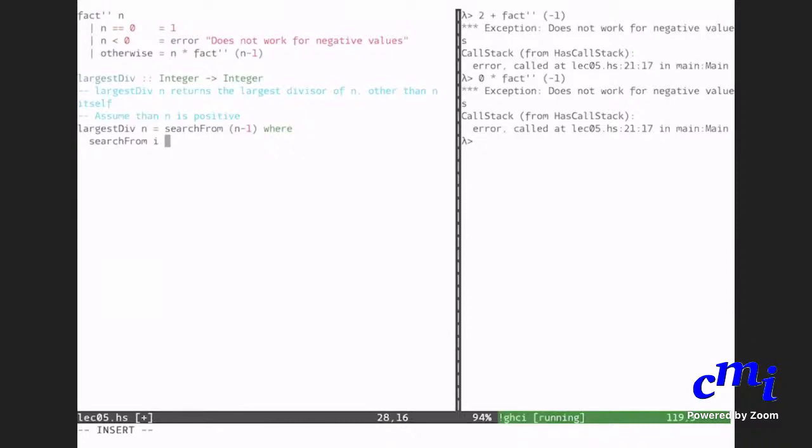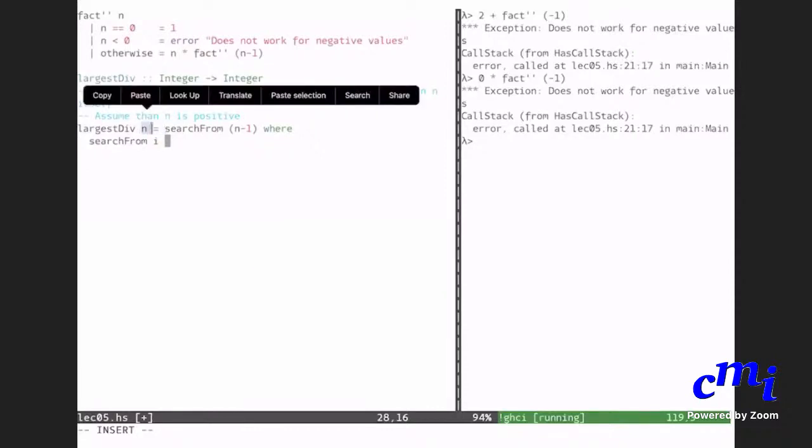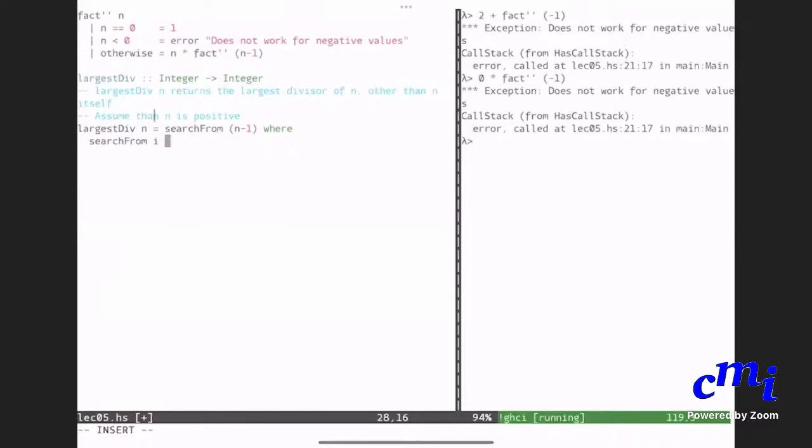You can say that. And when you do where, here automatically there is this indentation. Okay. So this is one of the cases where you have to indent. If you say where, the local functions have to be indented. But also there is another thing. This local function, I have to search from I for the smallest divisor of what? n. N, right? But I am not giving n as an argument here. Why? Because n is an argument here. N is an argument here. So I don't need to explicitly give an argument here to the local functions. Okay, in some sense, the local functions can use global values, namely arguments of the original function.